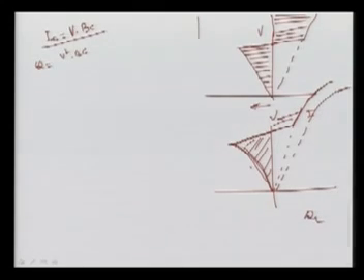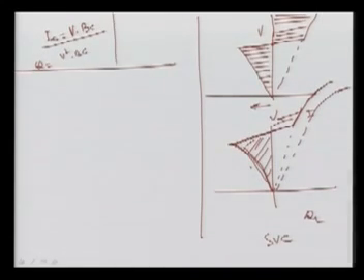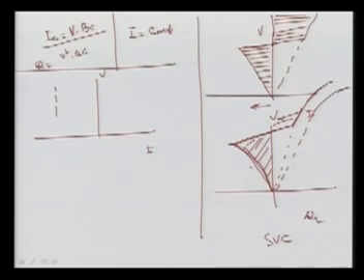This we saw, this is your SVC. In the STATCOM, what relation are we getting? This I is constant in both zones, meaning we can maintain this IC value constant. So I can say this is your V, and here this is your current. Now we can go here, this is IC max.